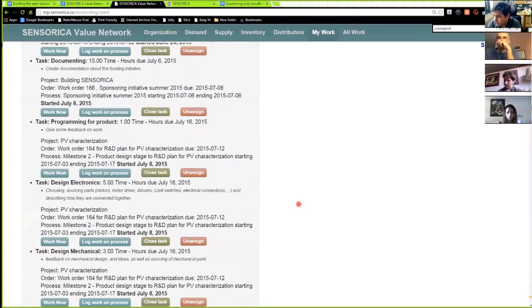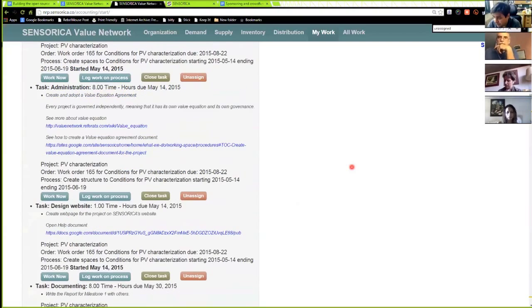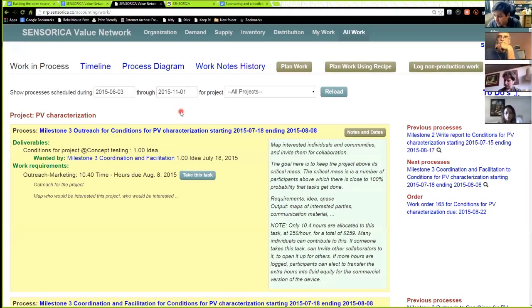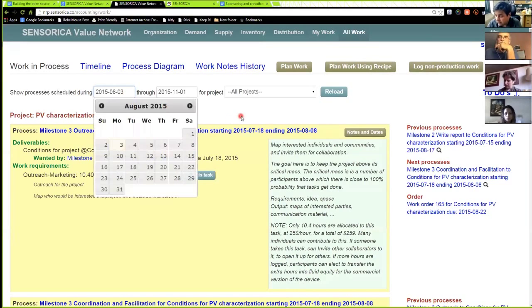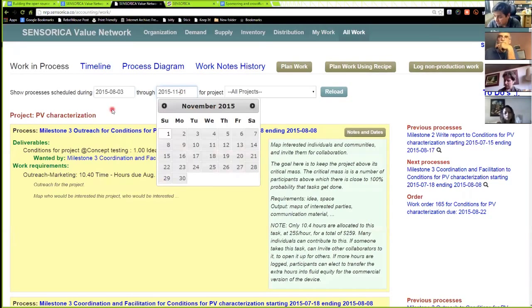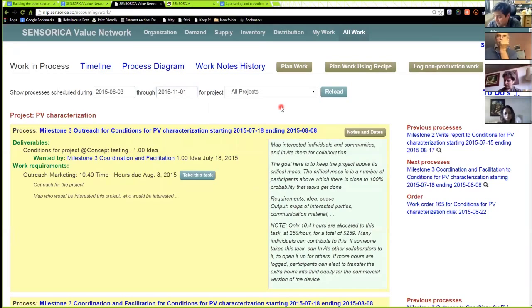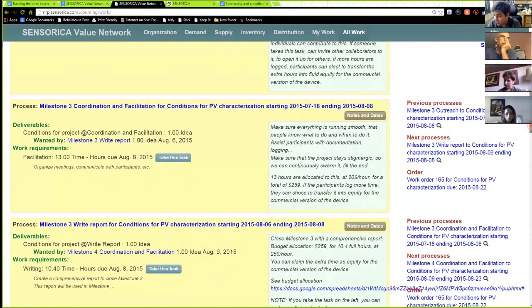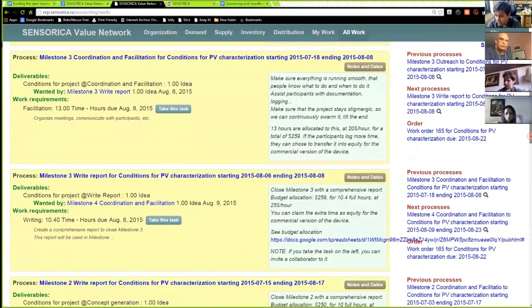Another way to look at your activity is from All Work. And this is interesting because you can see all the activities within the network, and you can filter by date. So let's say we take it from August 3rd, which is today, I guess, to the 11th. And we filter by all projects. So these are essentially all the tasks that are active today that somebody is working on, and I can also work on. So for instance, if I take this one and open it in a new tab,